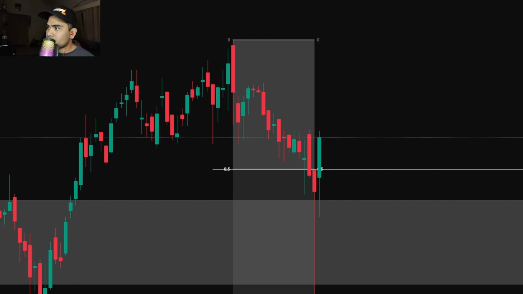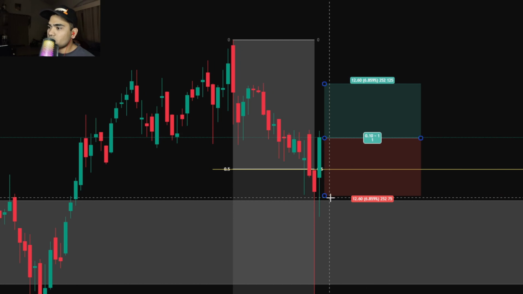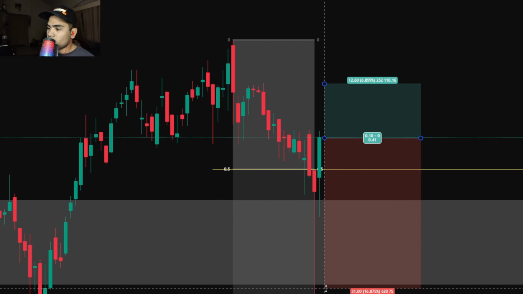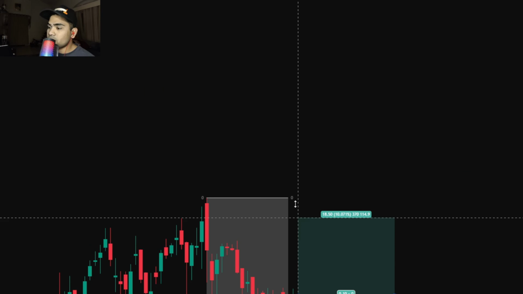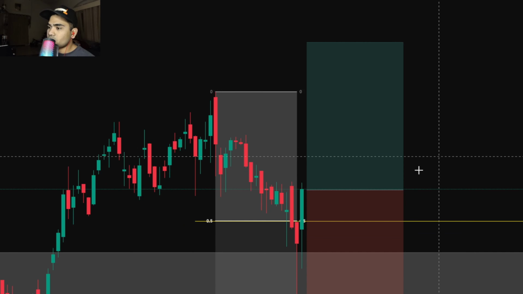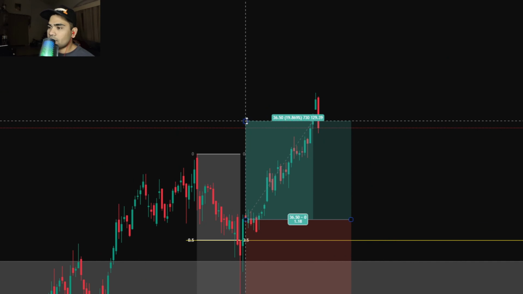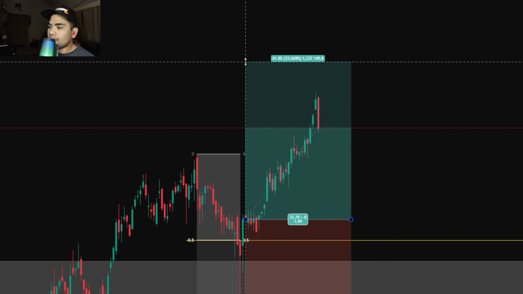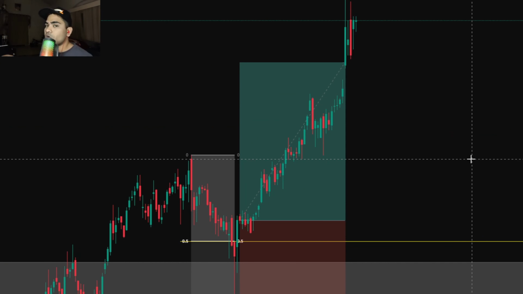The next candle, the stock gives a closing above this particular 0.5%. We keep a stop loss below this area, that comes out to be 16% in this one. So we'll take the 1 is to 1 first. Okay, so 1 is to 1 done in this one. Let's see if it can give us 1 is to 2. Beautiful. So we got 1 is to 1 and 1 is to 2 in this one as well,